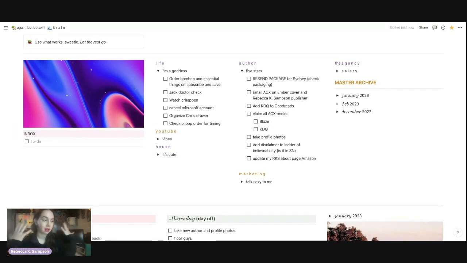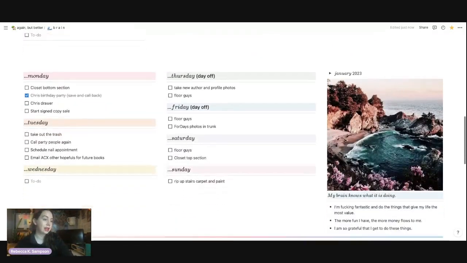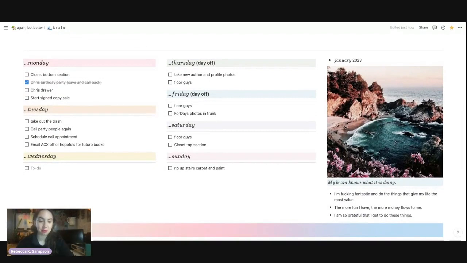So that's just how my brain functions. I usually focus on, I need to do something for work right now. I need to do something for my life right now. I need to do something for this. And I usually work by categories. Sometimes I'm like, I can't handle it. So when that happens, I move down here and I focus on adding just 3 to 5 things. Again, I don't really ever plan to do all 3 to 5 things there. And then if I don't do it, I move it to another day